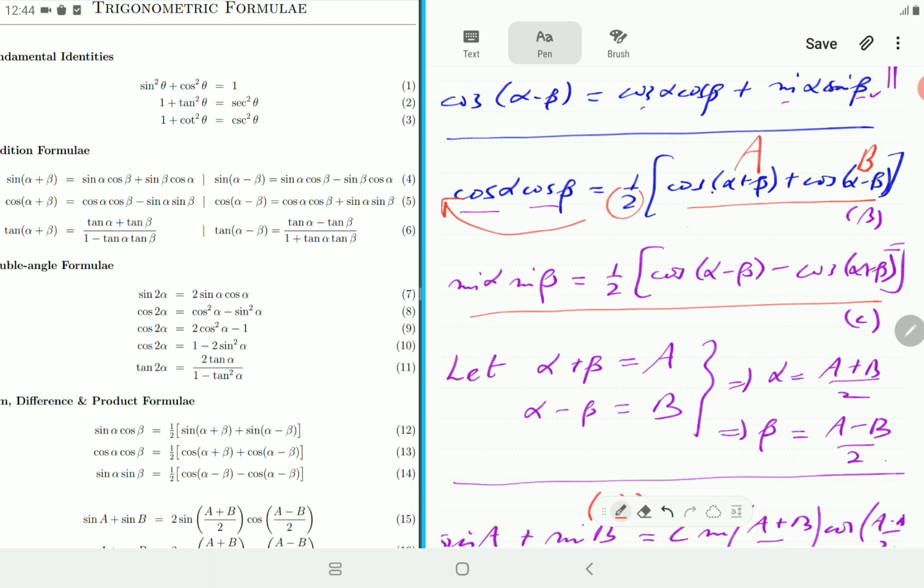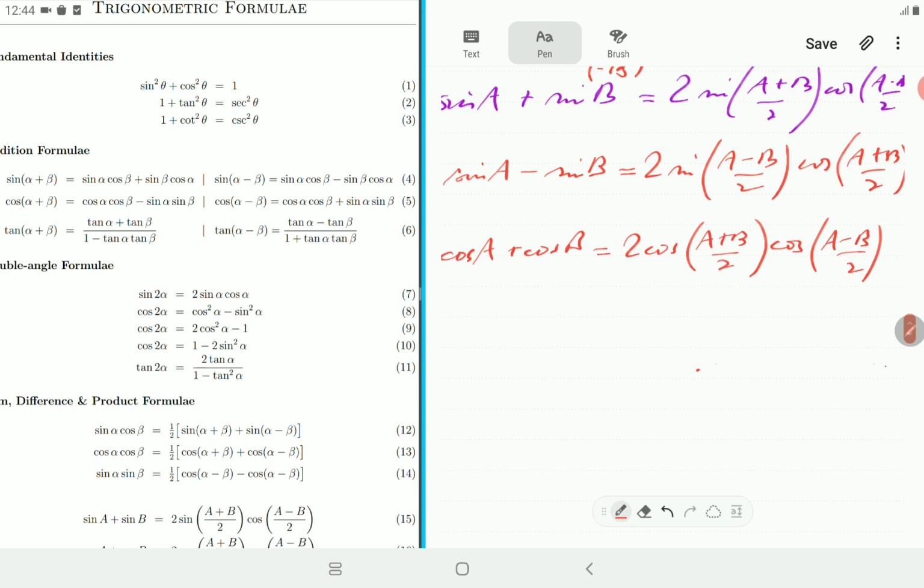Okay, so we have cosine B minus cosine A is 2 times sine A plus B over 2 sine A minus B over 2. All right,